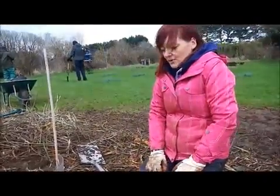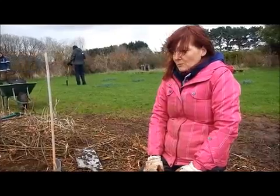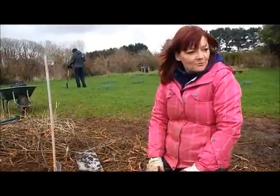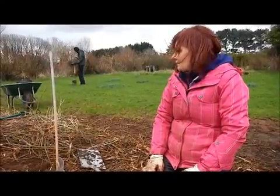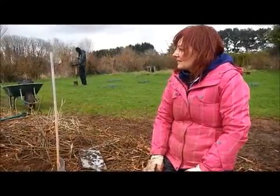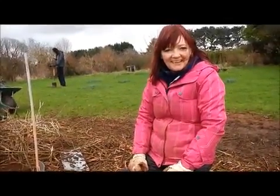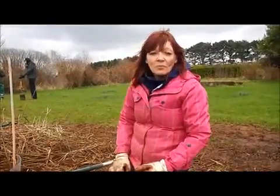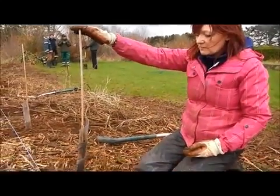Environmentally, these trees have come from a nursery, but we're pretty confident that they're going to flourish and look great here. And I think in a couple of years' time, it'll be as if they have always been here. Thank you. And one more thing to mention,